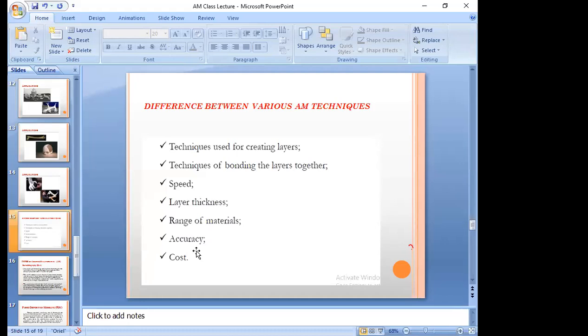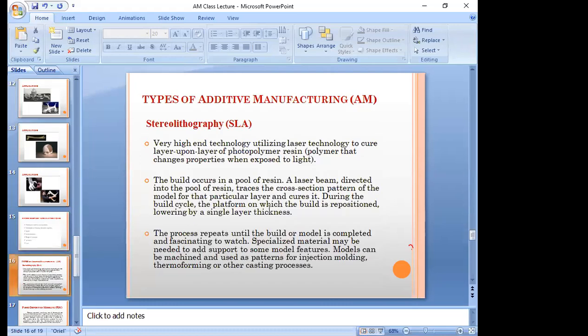Nowadays CATIA is an interactive application we use exclusively for surface modeling. That is a different subject and a different topic. But here, once you generate the CAD model, it is very easy to develop a particular product.